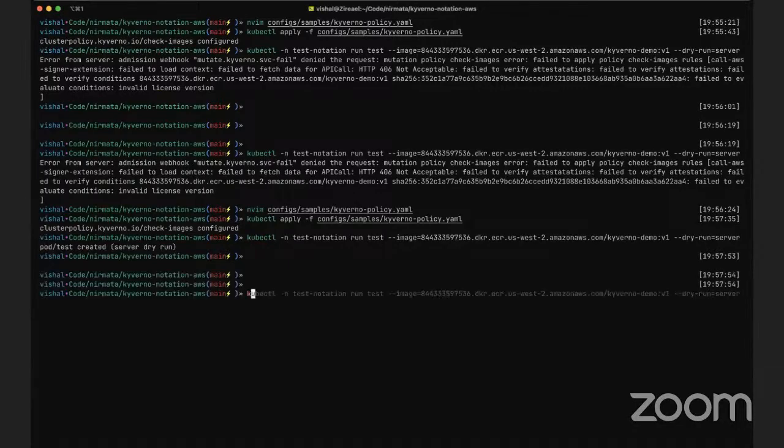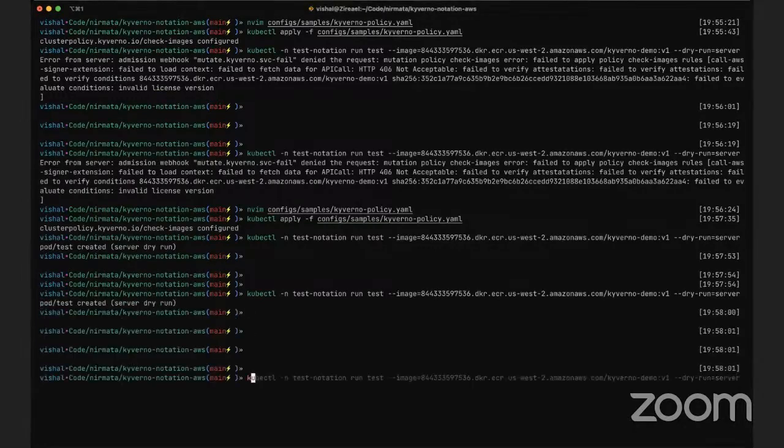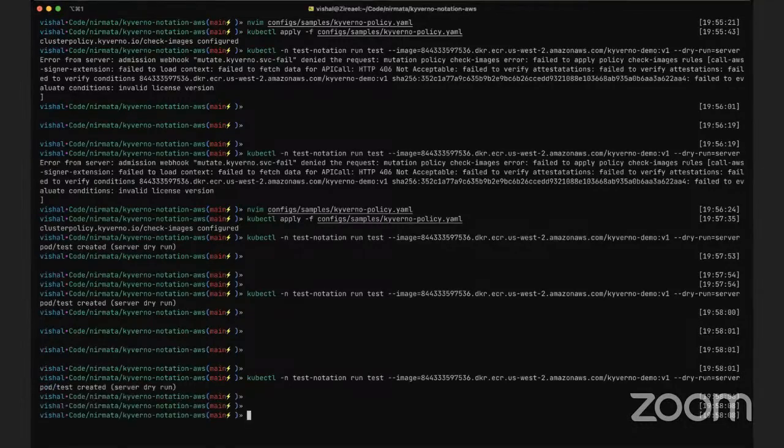It is substantially faster than when we are making a network call. In this case, it took long because my internet connection is bad, so it has something to do with my internet. It's taking 5 seconds, but